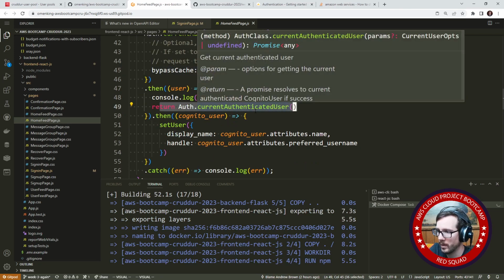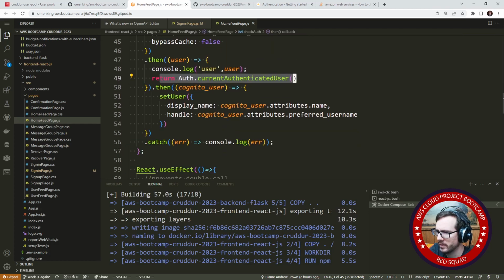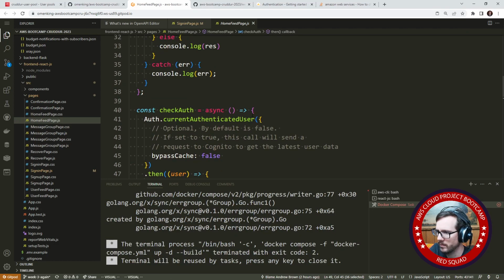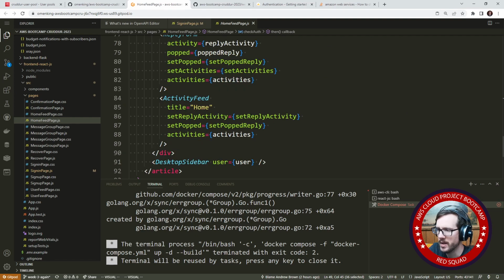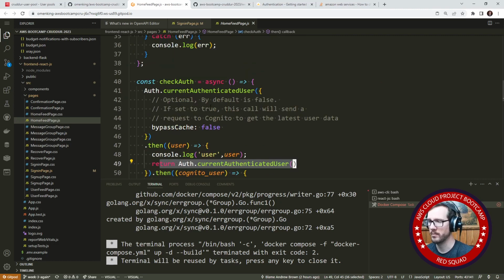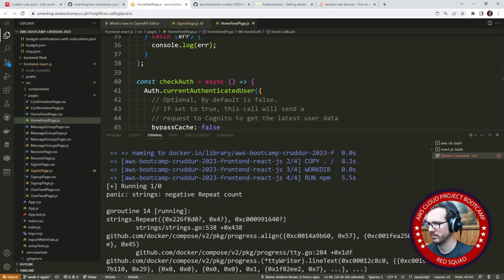And it sets the attributes. Now, I kind of remember having to do 2 calls here for additional fields. Okay, never mind. I thought there was like an additional API call because I remember that if you wanted additional attributes, you had to make another call, but I'm not seeing it here, so I guess I've forgotten what I was thinking about. It looks like there's kind of an error here. Not sure